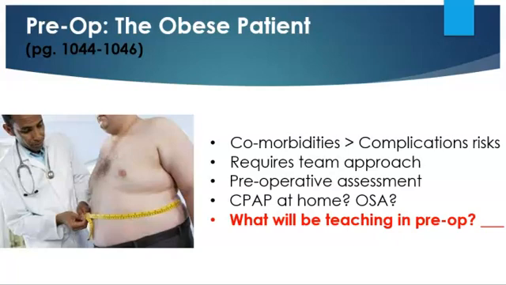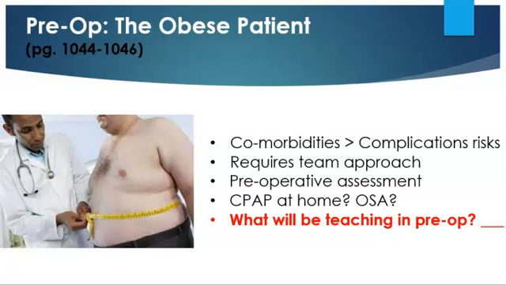The obese patient. Unfortunately, this is becoming more and more common, as we all know, not only with pediatric patients, but with the geriatric population as well. If they are obese, more than likely they have multiple comorbidities, and the more comorbidities really does equate to the worry that there could be more complications. Okay, it really does require a team approach in terms of making sure that everyone on the team is aware